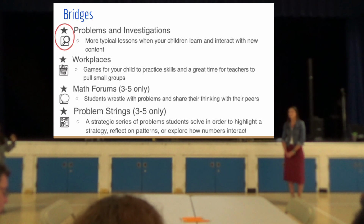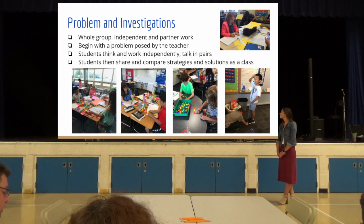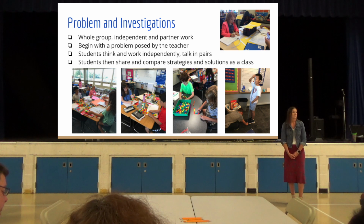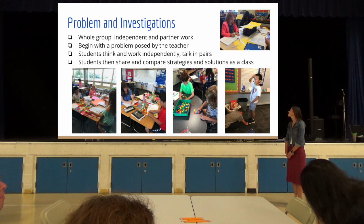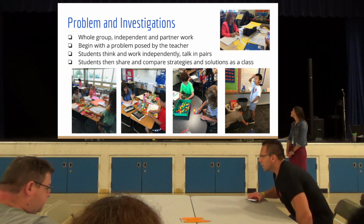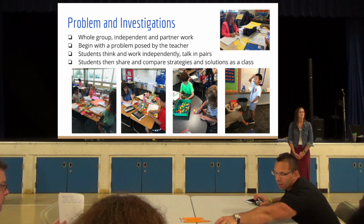So let's dive in a little bit more about problems and investigations. So these are whole group, like I said, independent or partner work. And what the teacher usually does is they're going to pose a problem, and then students are going to just investigate and think through that problem throughout the course of the math lesson. You can see we've got lots of students engaging throughout all of our elementary schools. These are them engaging in these problems and investigations. We've got